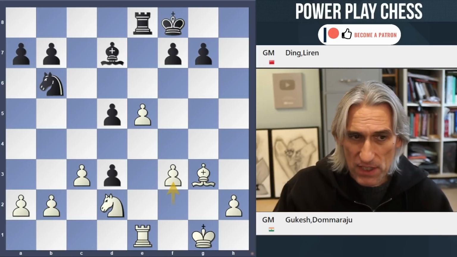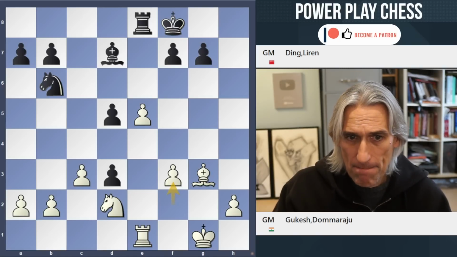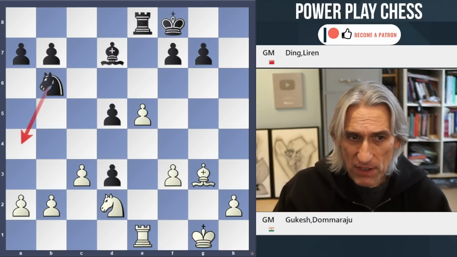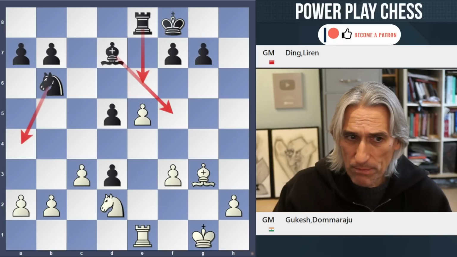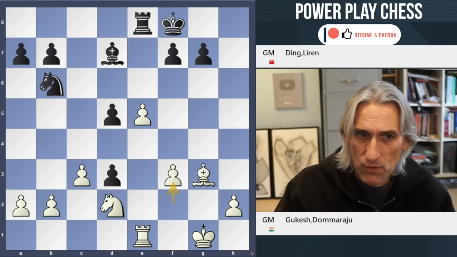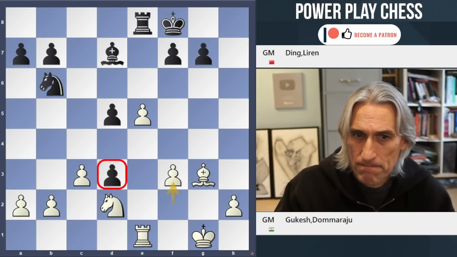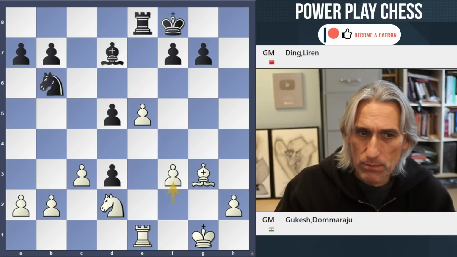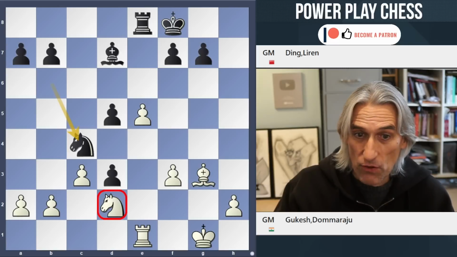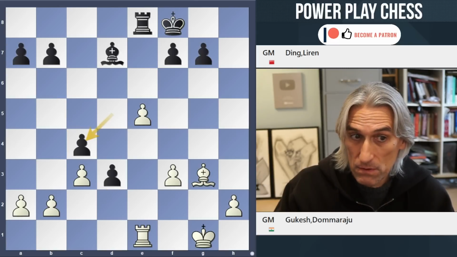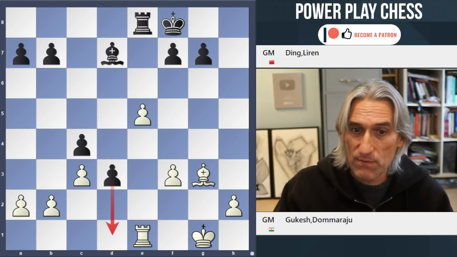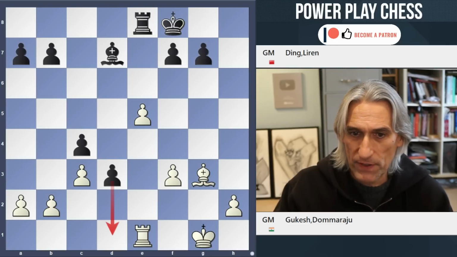Now there are various things that Ding can try here. Potentially knight a4 is an interesting move. Bishop f5. Rook e6. I mean, these are all possible ways to try and squeeze something from the position. Remember, that is quite a big passed pawn on d3. He went for the most straightforward move, knight c4. So it exchanges off the blockader, which of course is dangerous with his pawn just 2 steps from queening, but he found an excellent move here.